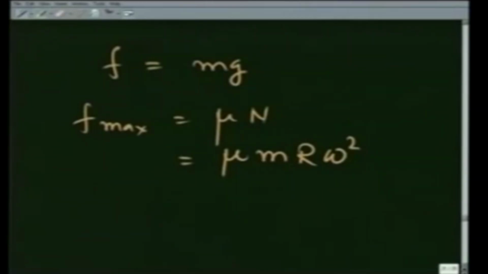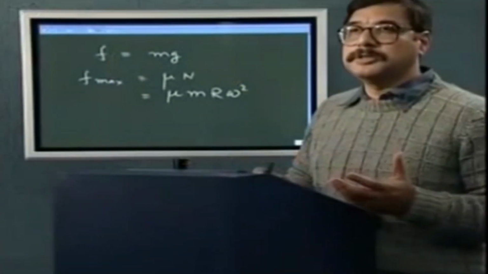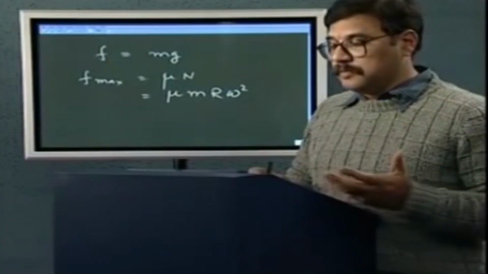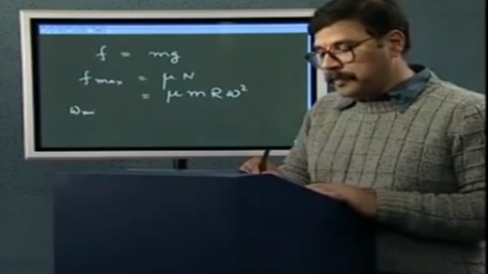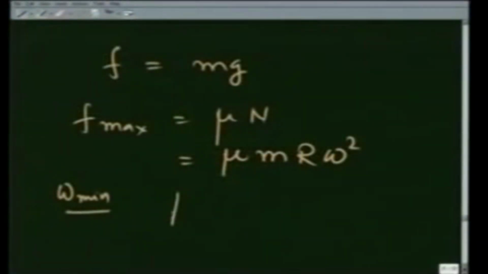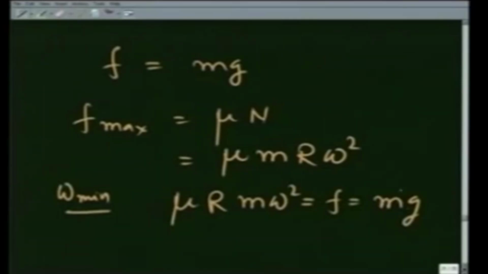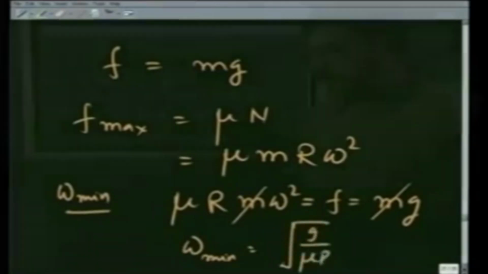For the minimum omega, I should be applying the maximum possible frictional force for that omega, and therefore, for omega min, my condition becomes that mu r m omega square is equal to F equals mg. This m cancels and I get omega minimum to be square root of g over mu r,